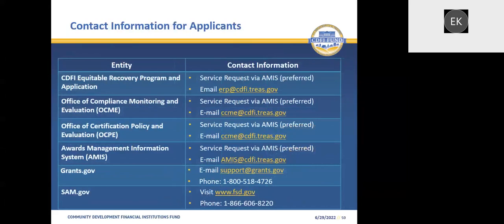Contact information for applicants. The CDFI Equitable Recovery Program application. You can reach us via service request in AMIS, which is still preferred, or email at erp@cdfi.treas.gov. Office of Compliance Monitoring and Evaluation, known as OCME, via service request, or email at ccme@cdfi.treas.gov. Office of Certification, Policy and Evaluation, or OCPE, service request via AMIS,